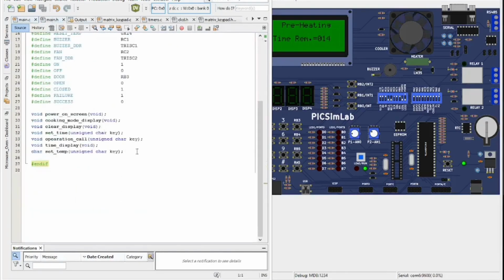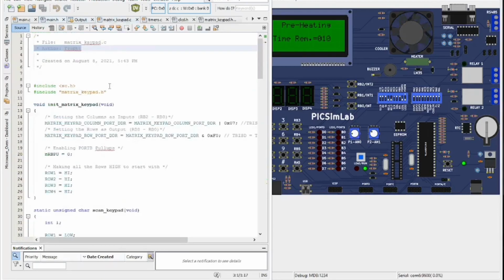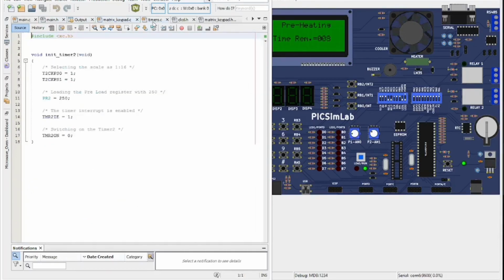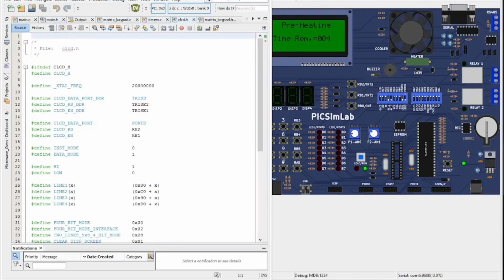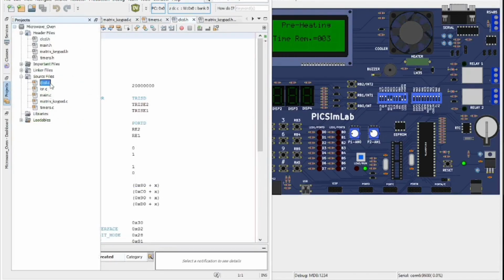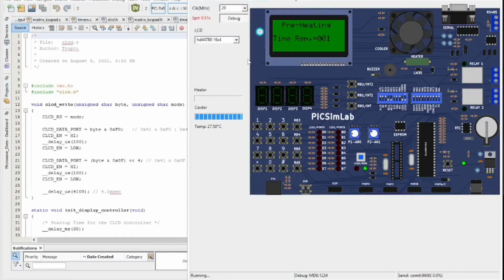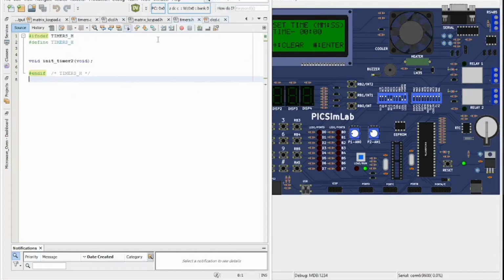in the main.h file. As we see here, I have declared all of this, power on screen, clear mode, display, like that. In the matrix keypad, I have to tell the code about the matrix, and in timers, all the things related to the timers. CLCD.h, this is the main.h. This is used for the CLCD.c. This one is the CLCD.c. This one is the CLCD display, as we see in the Pixim lab. Then these are all about